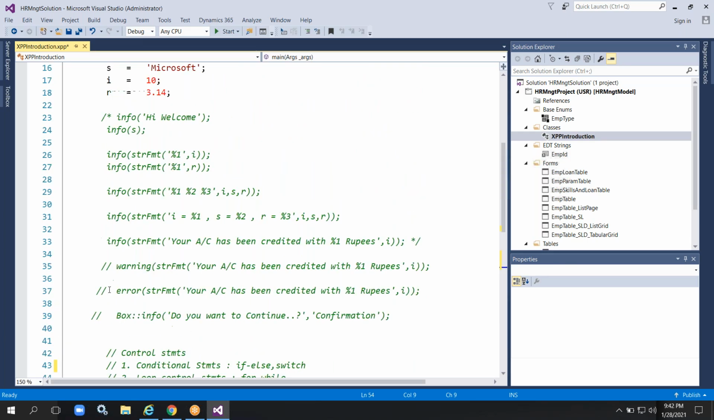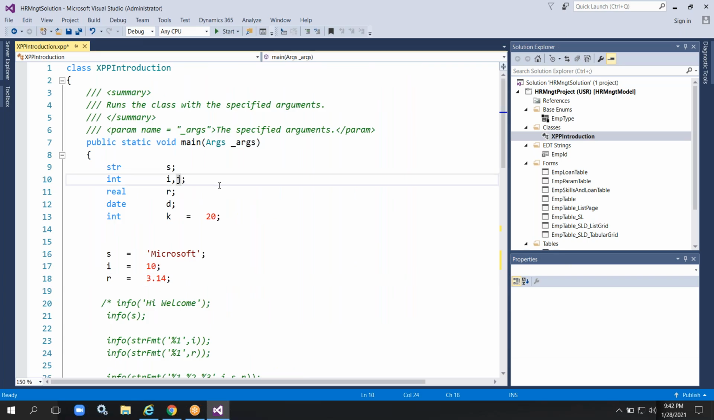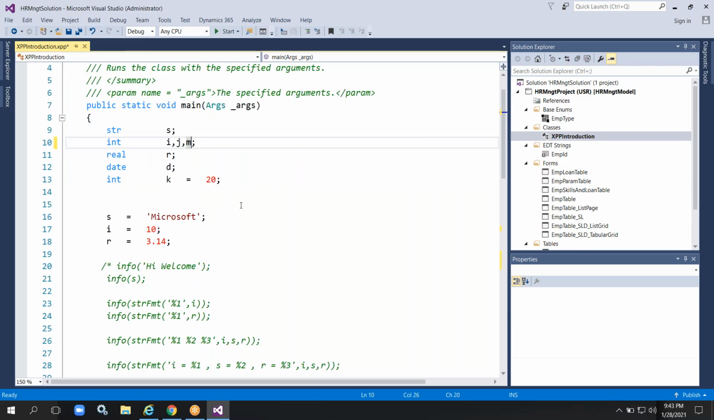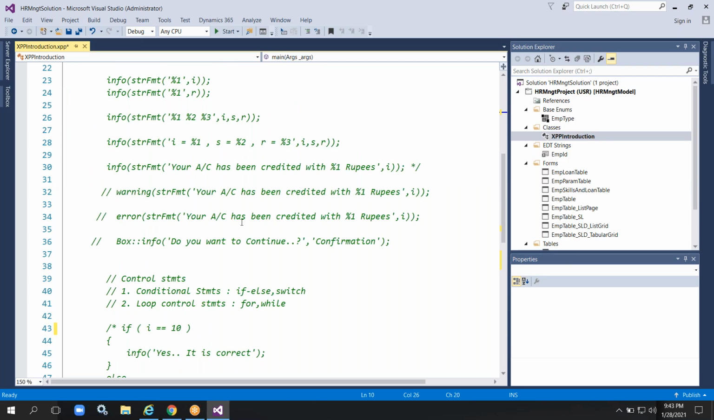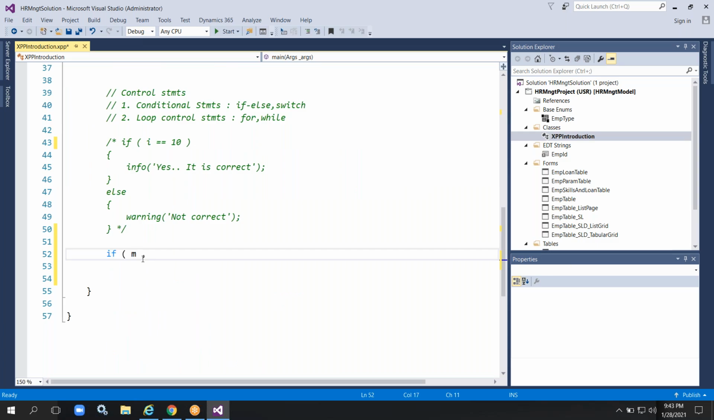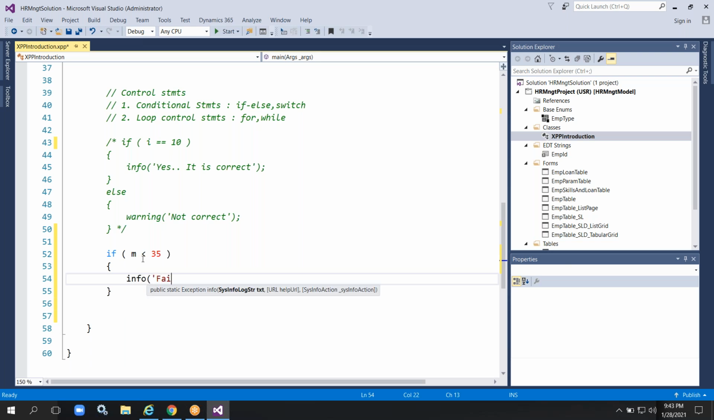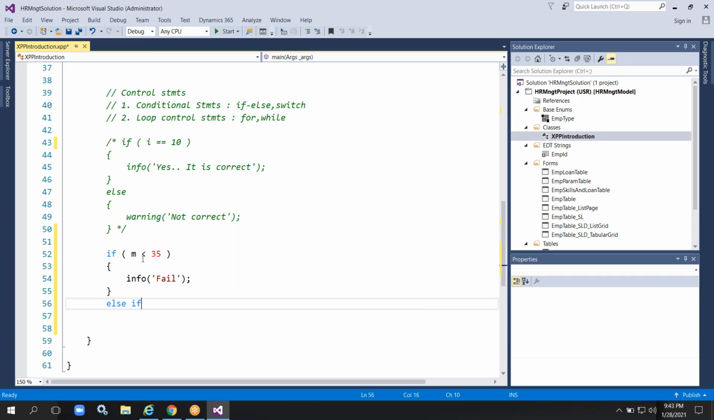Here I'm declaring one variable, int m, meant for marks. Let us assume that marks. Here, if marks less than 35, so what is the message I need to show? Marks less than 35, print fail, right? Okay, else if